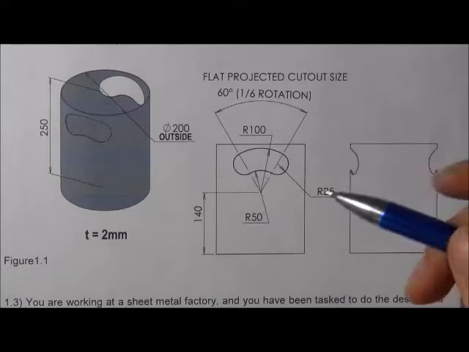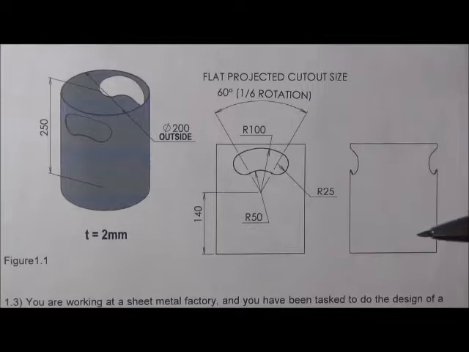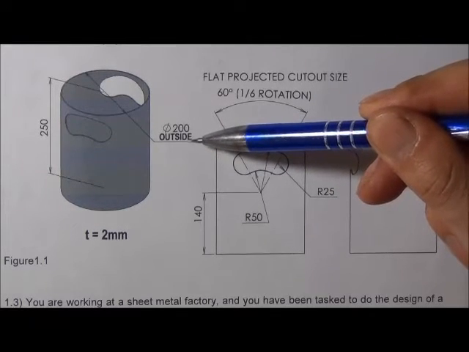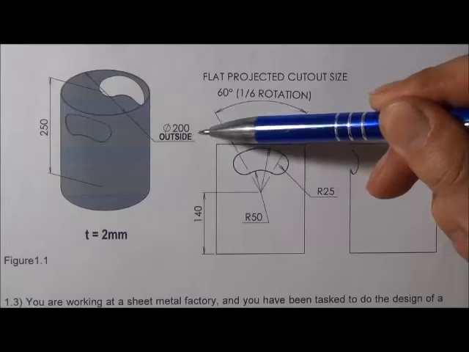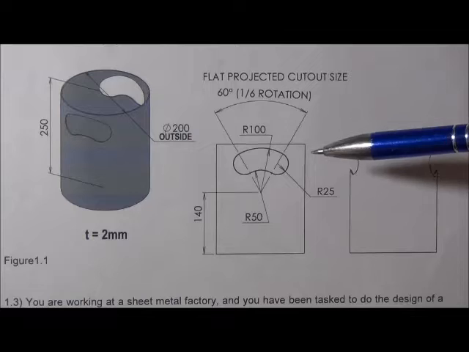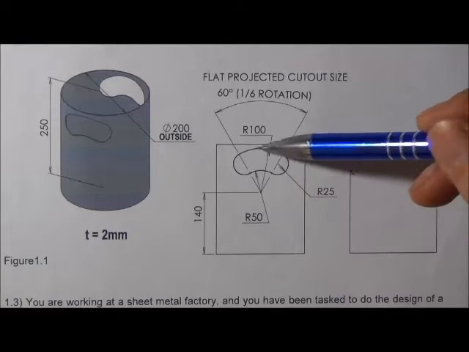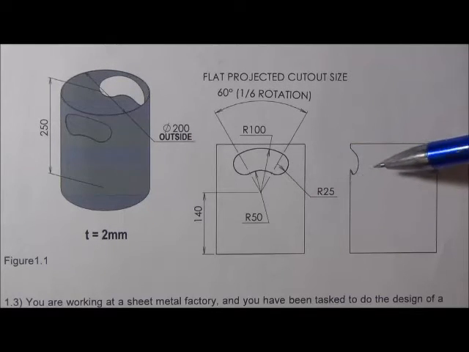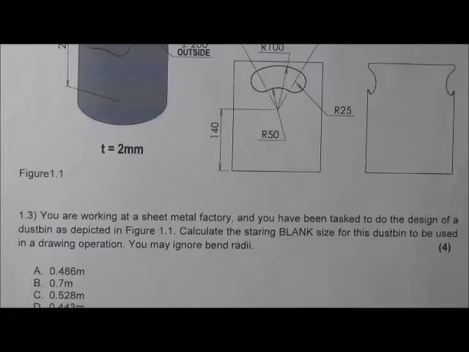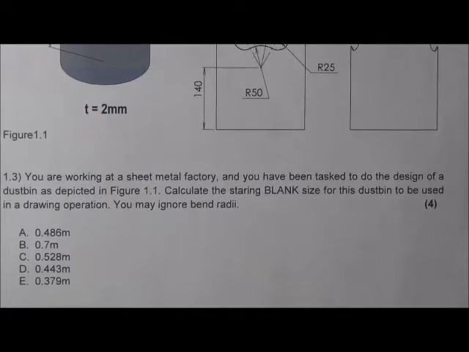So next we have this weird little dustbin. It's got an outside size of 200 diameter, height of 250, and from the side it's got this bean-shaped handle that's cut in, and you can see it from the right hand side as well. So question 1.3 says,